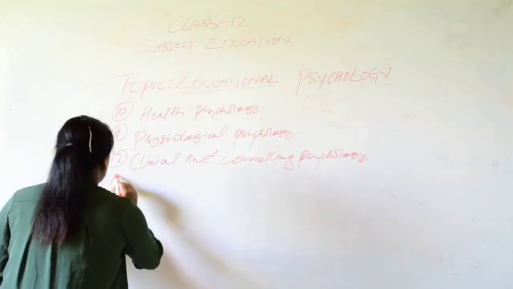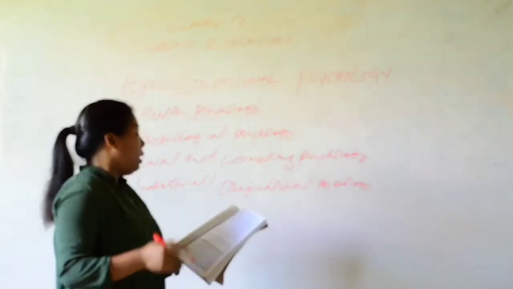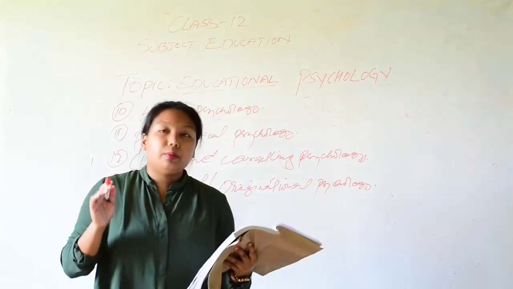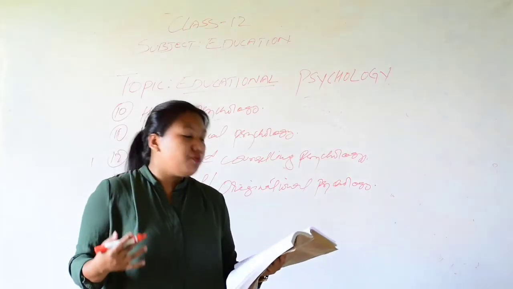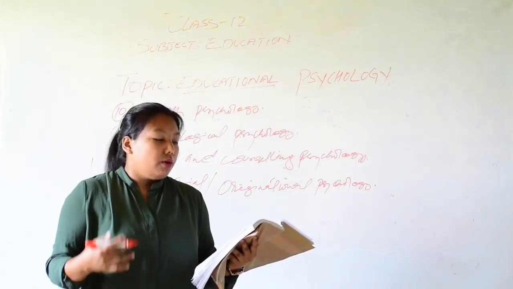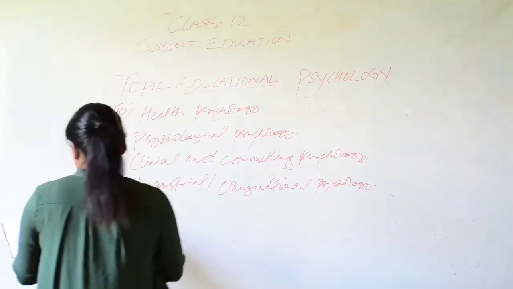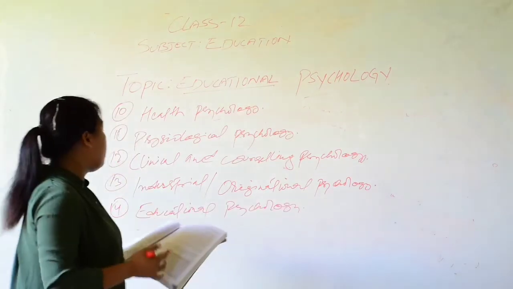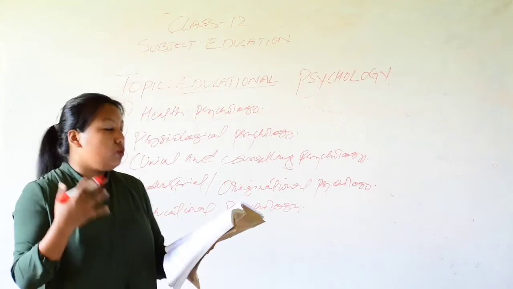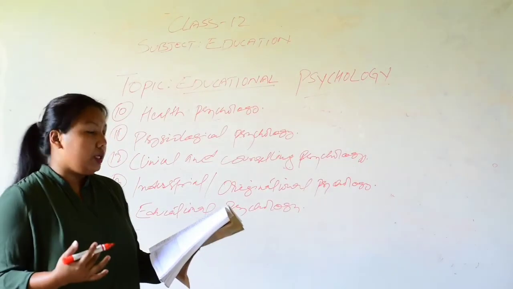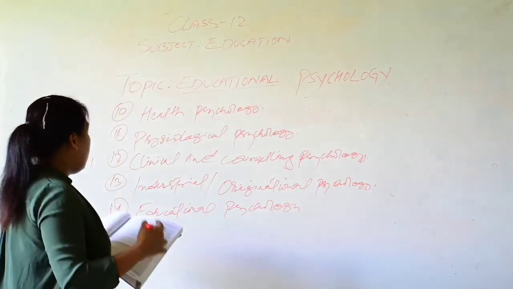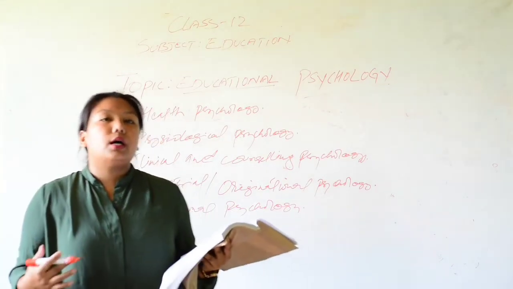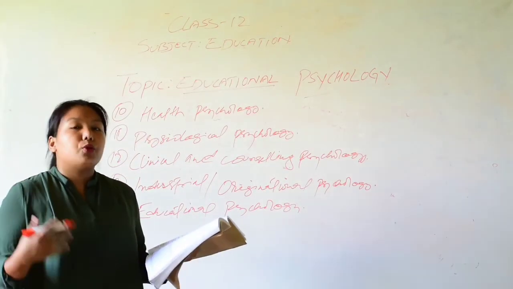Okay, now the 13th point is industrial or organizational psychology. It is the branch of psychology which deals with workplace behavior. It aims at bringing improvement in the working output of human responses for raising quality in production. Okay, 14th point, we have educational psychology. Educational psychology is one of the many branches of psychology. It aims at bringing psychological principles into the field of education. It also aims to improve the process, problems, and product of education.